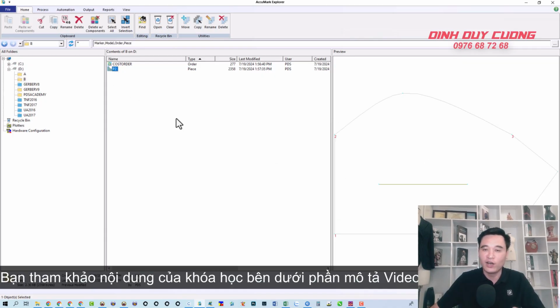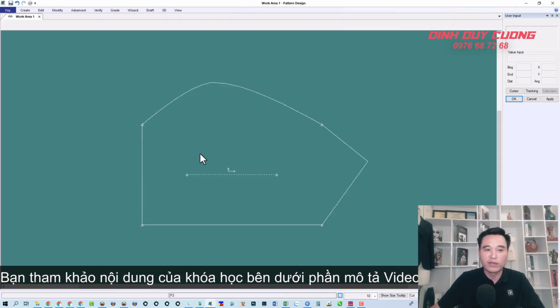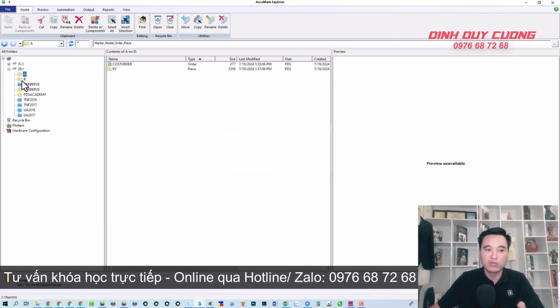So that's my explanation so that everyone who is new to using Gerber software understands the rules for saving patterns, to help us avoid situations where we save but it doesn't work, or we end up copying things from one place to another, or when we accidentally overwrite one detail with another, which would waste a lot of your time. That's what I wanted to share.